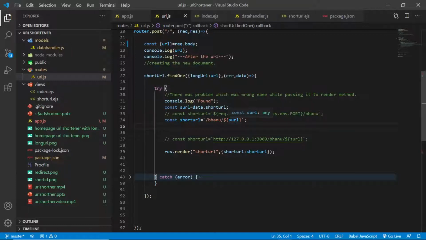Basically, inside this dollar and curly braces, you can pass the variable. If you don't use template literals, also no problem. You could use string concatenation. So basically, let me write what this turns out to be. It would be slash, which is the home page, which is equivalent to this particular thing.